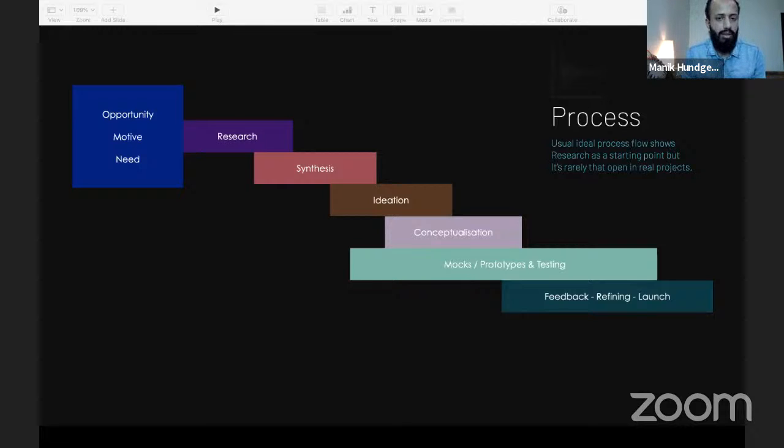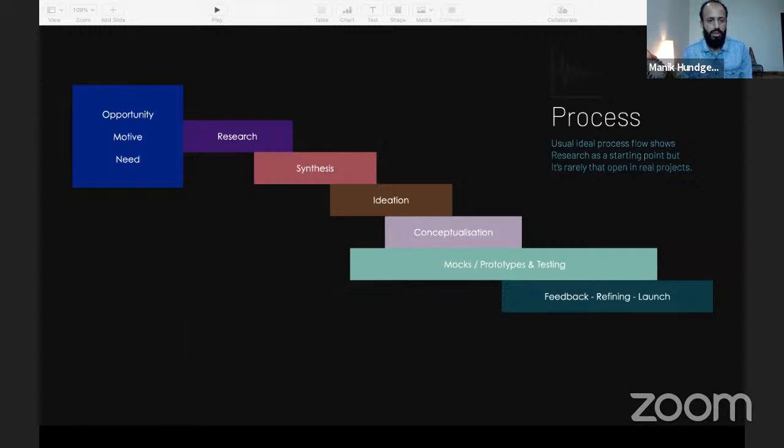Well, I think a lot of workshops have happened in the last few days, and people would have gone through this design process. And usually, you see the design process theme starts with a research tab, but I think that's not really it. Usually, when you're looking into design and you're doing a project, there is an opportunity, there's a motive, or there's a need that targets the whole process. So the starting point is usually a perception about what we think about something when we observe something. And from there, you start research and the whole process that goes on.